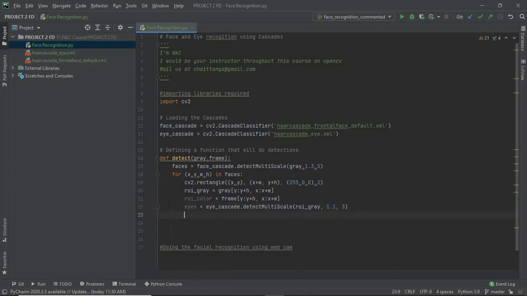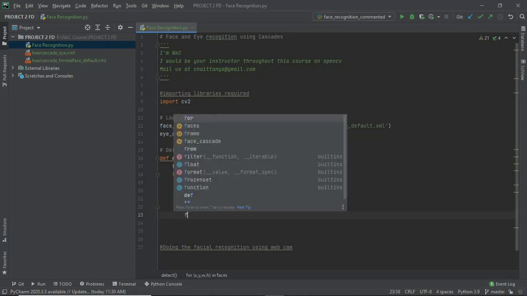And now we are going to use a for loop for each detected eye as we used before for the faces.